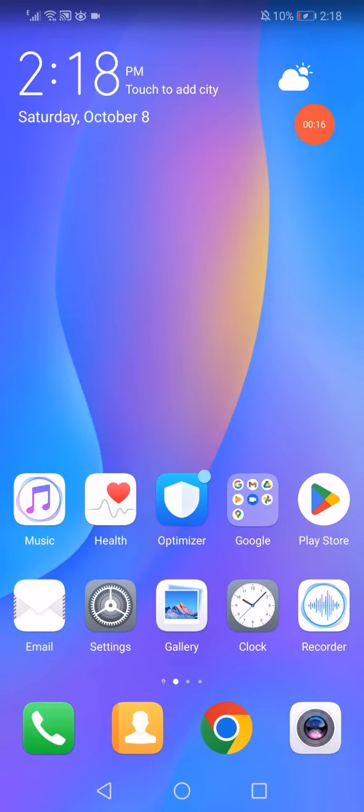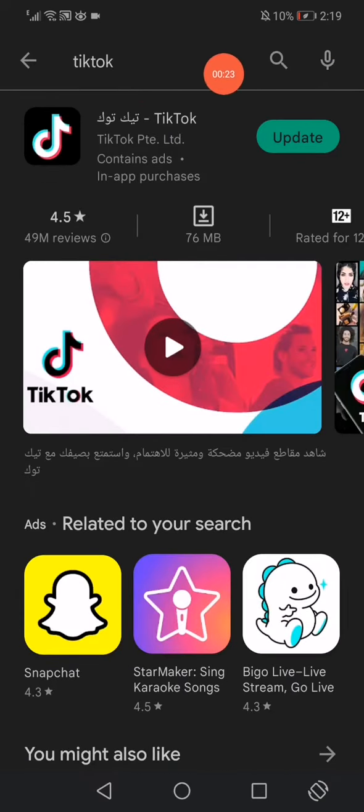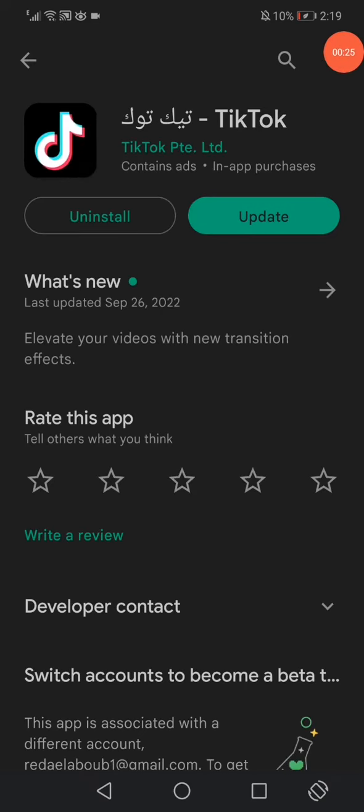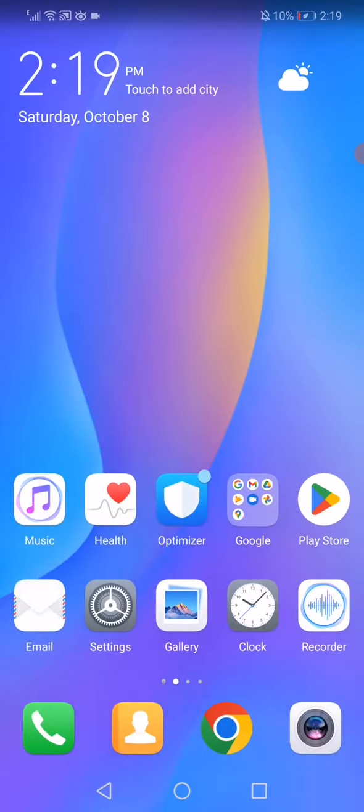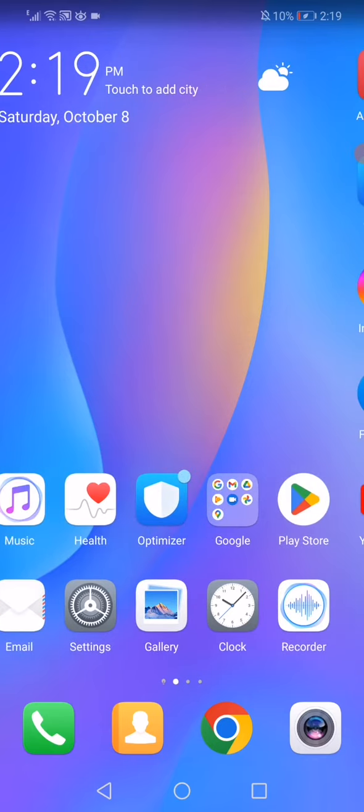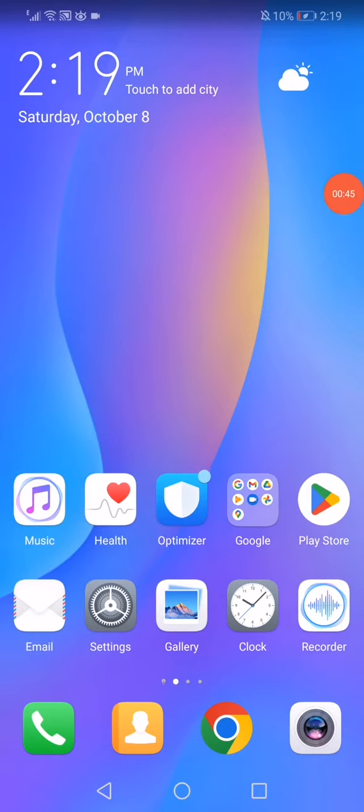Just go to the Play Store on your phone, and after you go to Play Store, search for TikTok in the search bar and click on it, and you will find this update option right here, as you can see. Now all what you have to do is just click on it and it will start updating your TikTok. After it finishes, your TikTok must be working good, and then restart your phone and everything must be working as